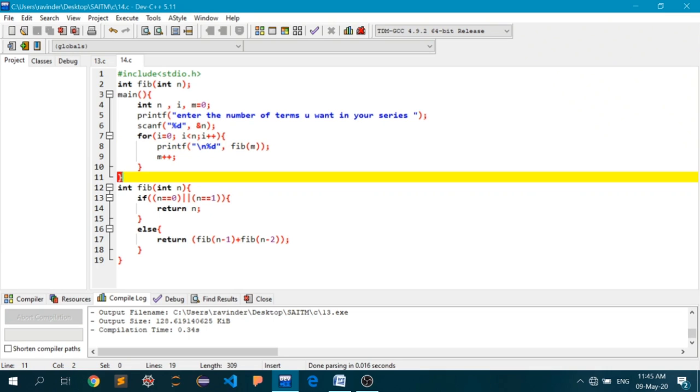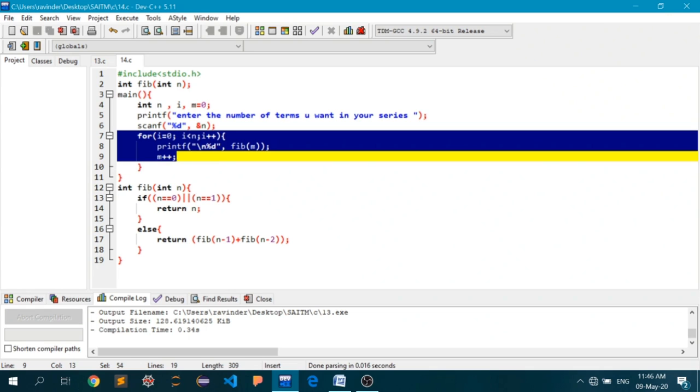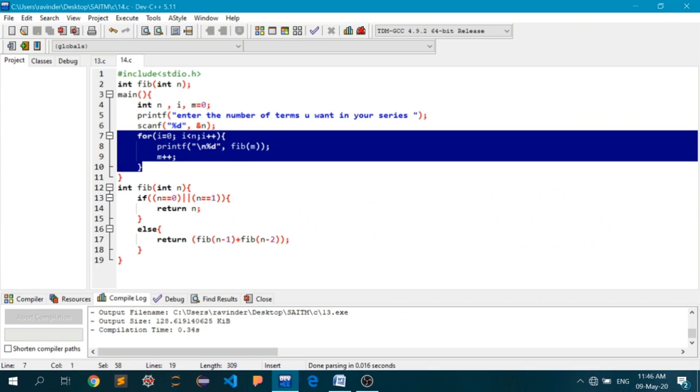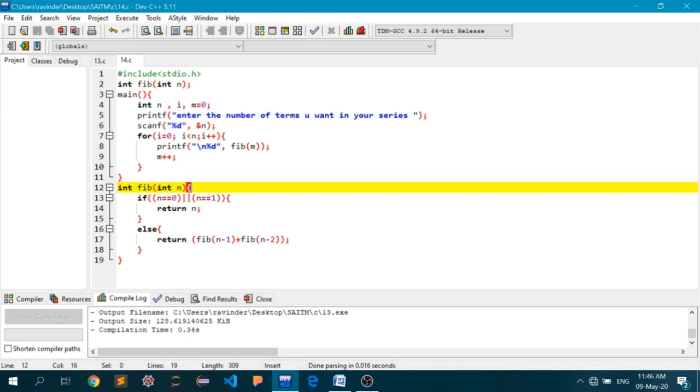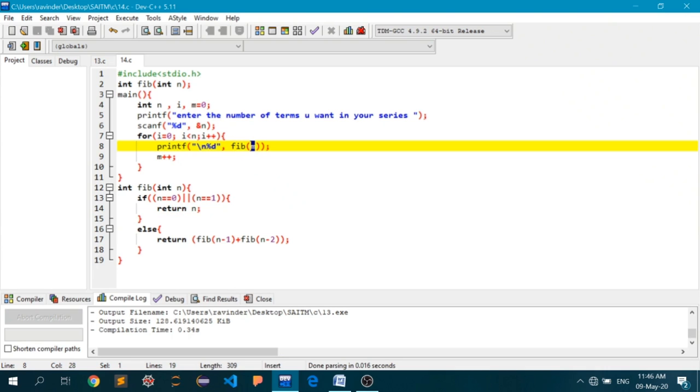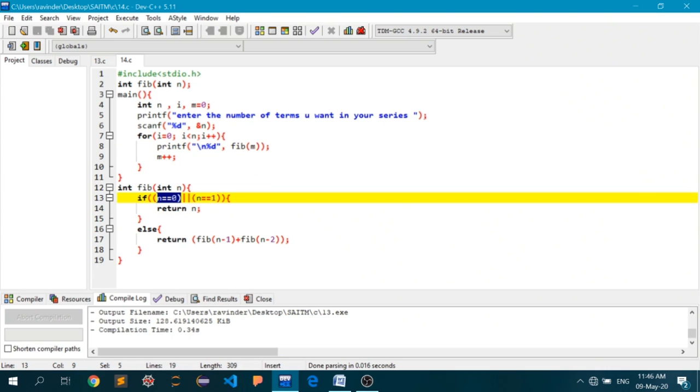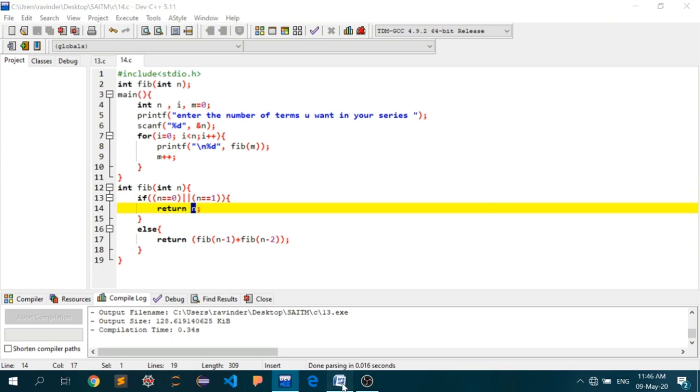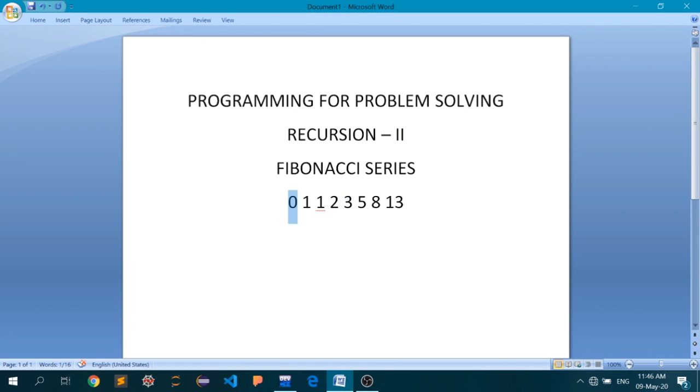You must be familiar with the formulation of a for loop by now, I think, so I am not dwelling on this particular concept again. Now let's head back to the function fib. Inside this function fib, if the argument that you have passed is either equal to 0 or equal to 1, then you just have to return the argument itself. As you can see here, if you are asking about the 0th index and first index of the Fibonacci series, it is just returning you the same value.